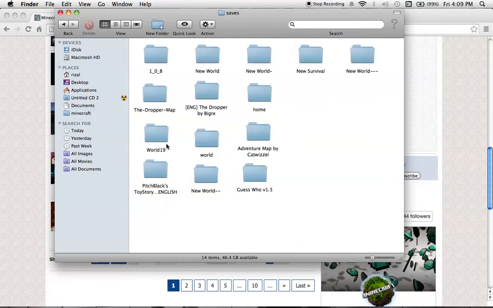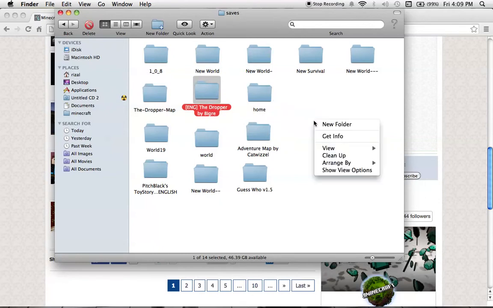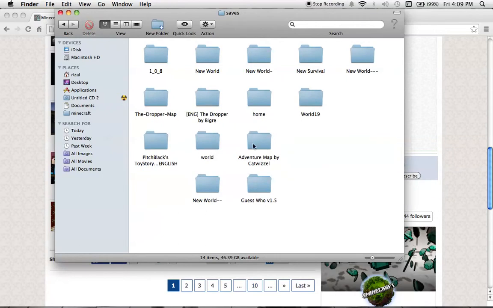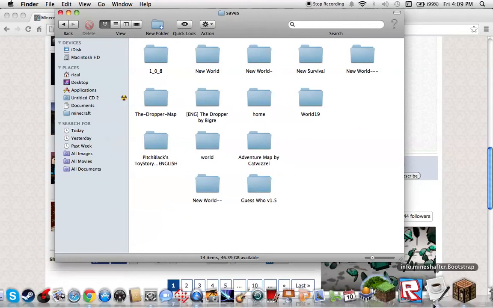You're going to have the proper map I downloaded there. That's how you put maps in your Minecraft. So let me just test it out.